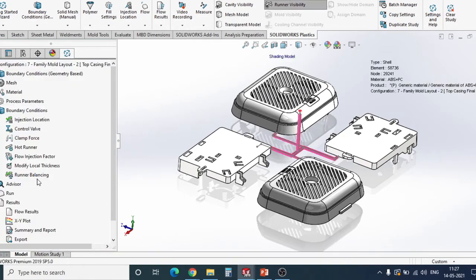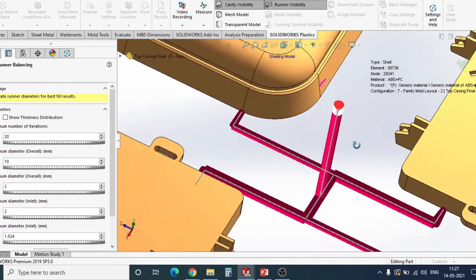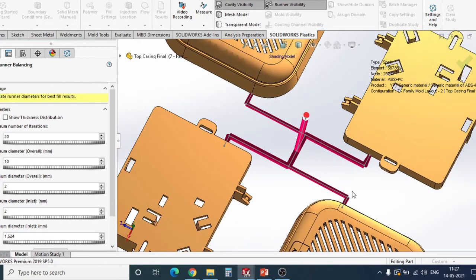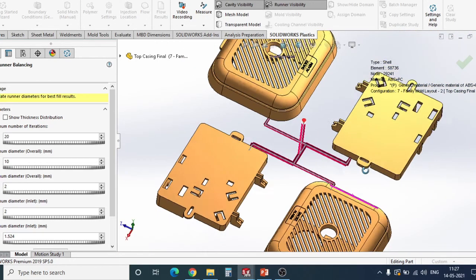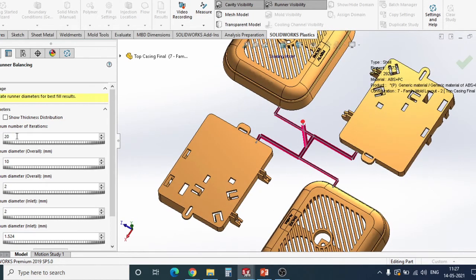So let me go here and showcase you the runner balancing setting. Yes. So if you look closely, the software has changed the diameter of the runner to incorporate the complete filling of all the 4 cavities at the same time.